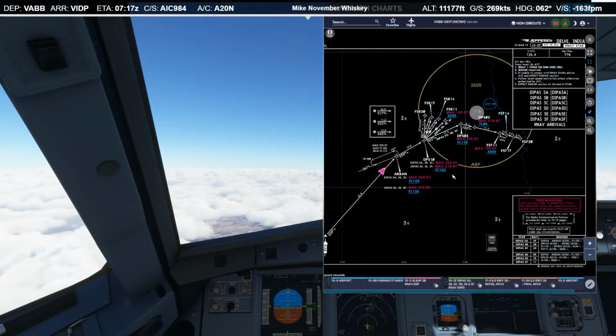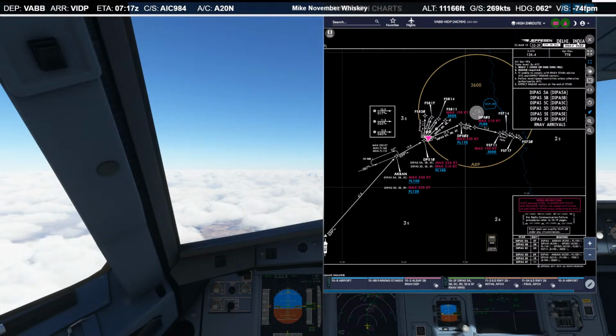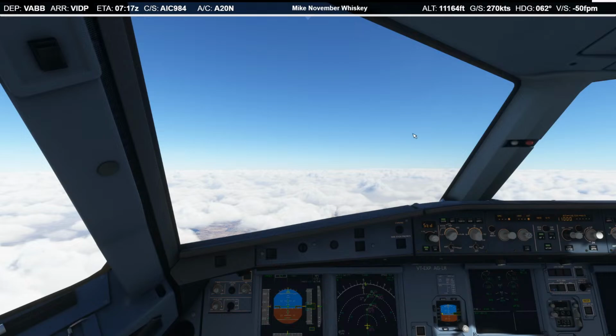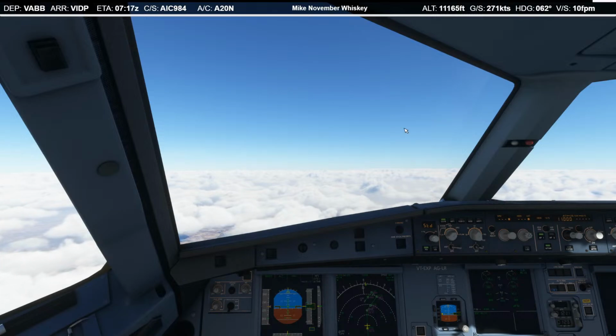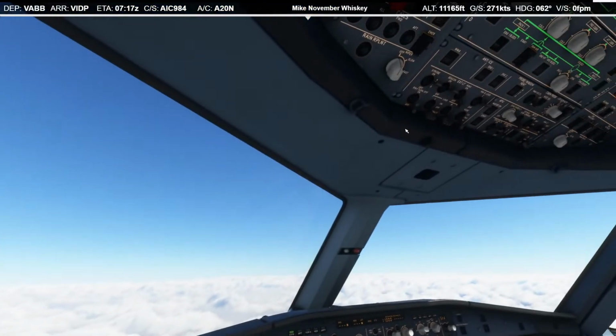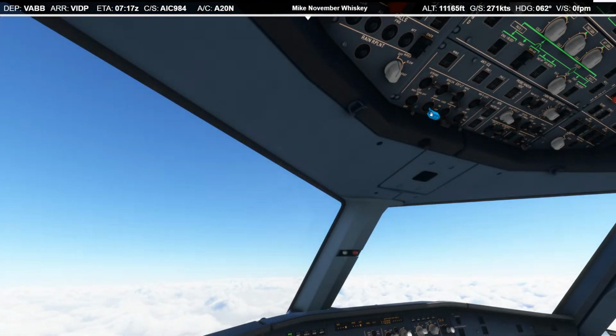I'll just confirm it's a ceiling of 11,000. It is. Can't go below that. So at this point we'll do our 10,000 feet checks since we're pretty close enough. So we'll turn on our landing lights.